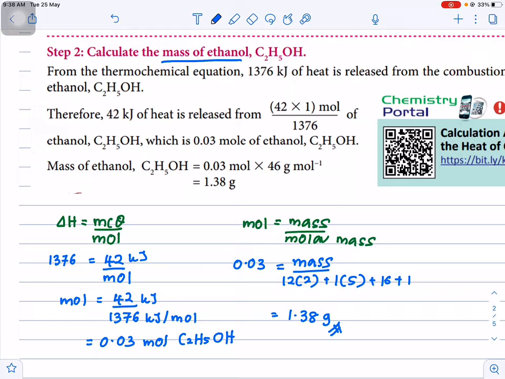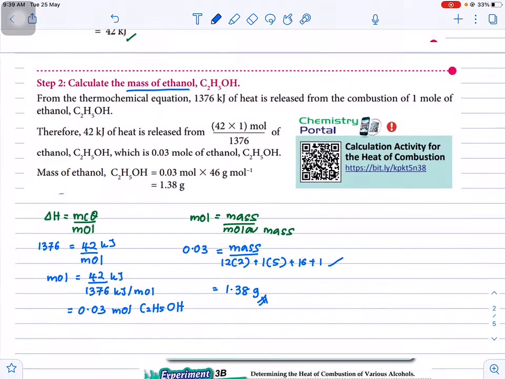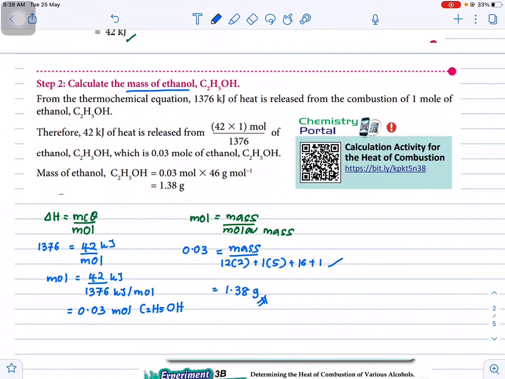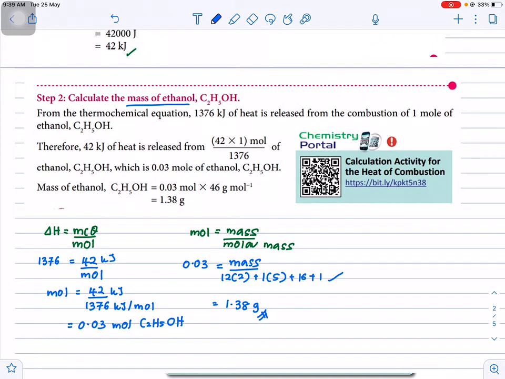So the mass is 0.03 multiplied by the molar mass, 46, which is already given to you, or if not given, you can calculate using the molar mass method. So use your calculator. Your final answer is 1.38 gram. What does it mean? Meaning that 1.38 gram of ethanol is burned to heat 200 cm cube of water, so that the temperature of the water